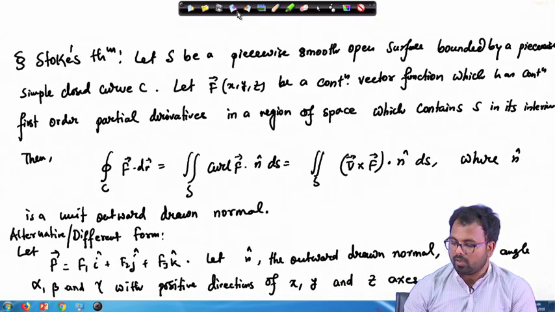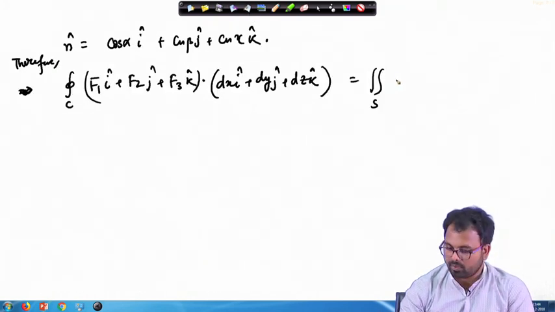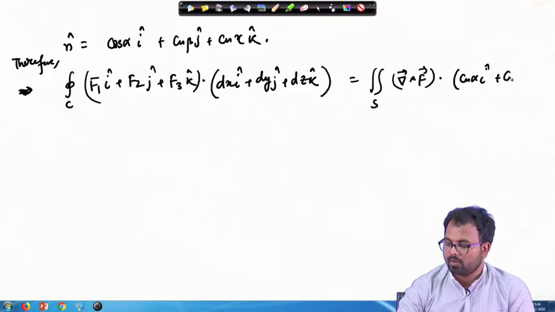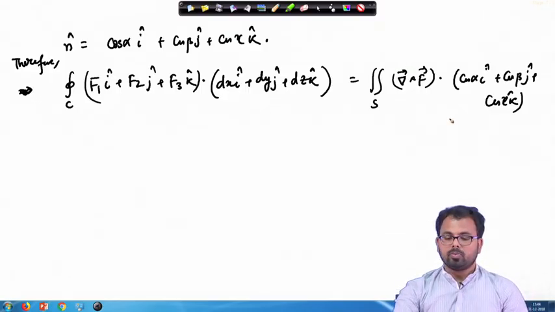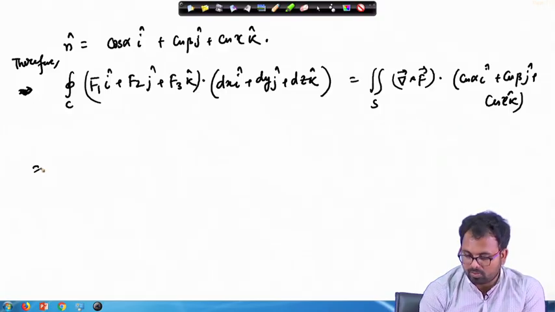So, here we have curl of F. Let us just write curl of F dot n. So, n is cos alpha i plus cos beta j plus cos gamma k. Now we can calculate the curl of F easily, and then we take the dot product. Here also we take the dot product, and therefore the whole thing will reduce to